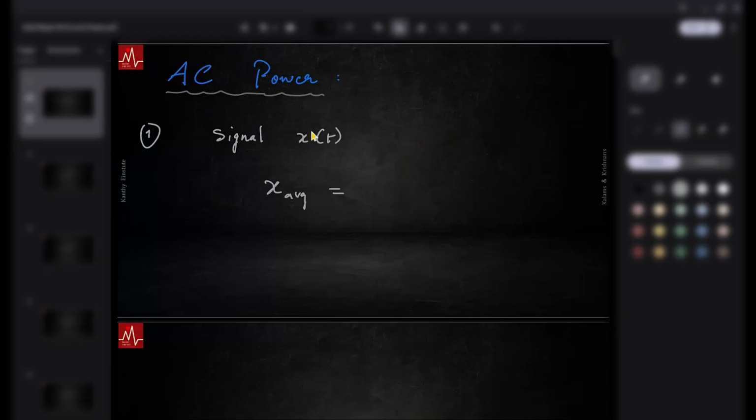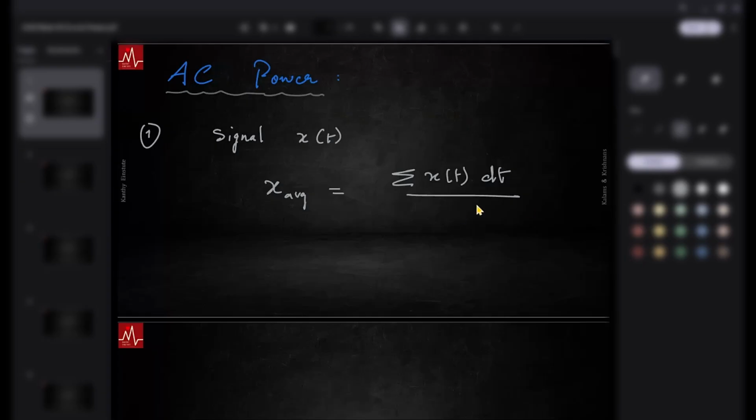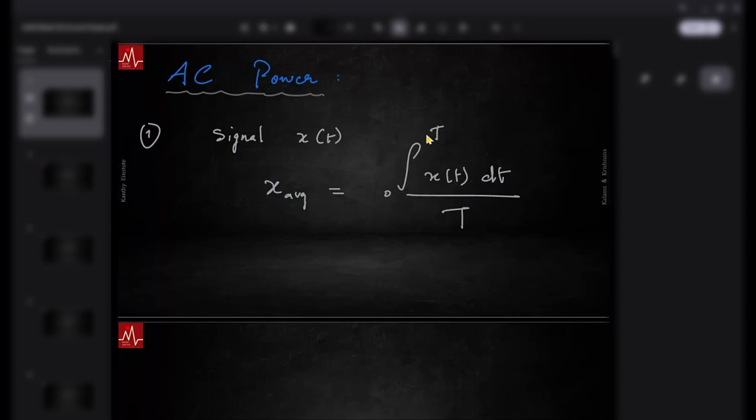Essentially, weighted average is a function of time. So you do summation of x of t, using the time intervals as weight. So the total sigma dt technically is the time period if it's oscillating. We do this with respect to t, and typically x of t is continuous, so we integrate from 0 to t. This is the average. Essentially, it's an average by definition, weighted with respect to time